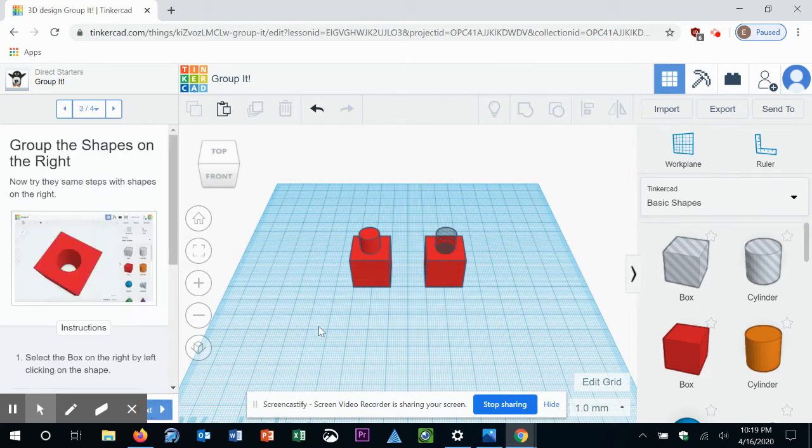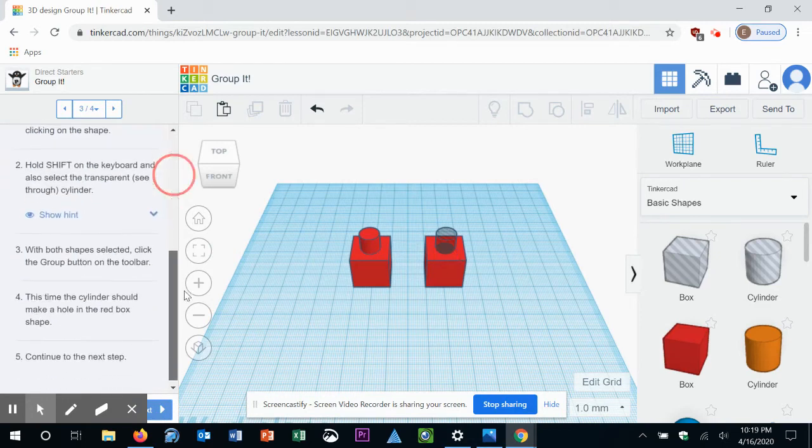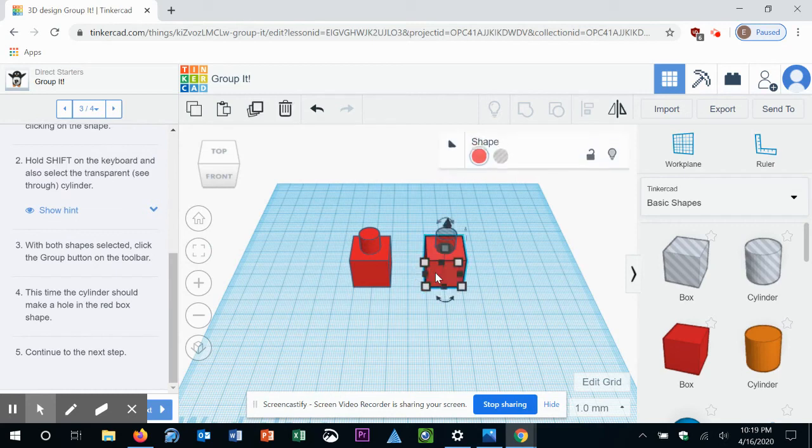Now we're going to do it with the one with the hole on the side. So we're going to do the same thing. Click the button, shift key down, and we're going to click on this little cylinder part. You can see that it's all highlighted. Hit the group button,